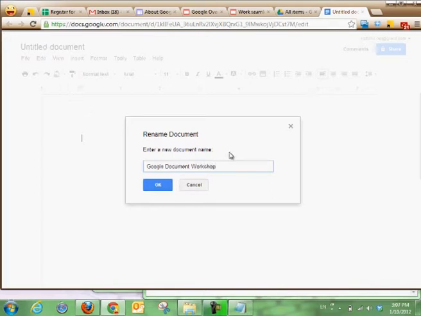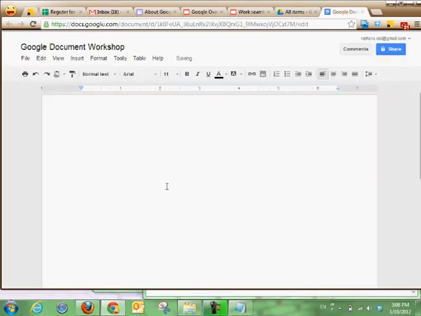What we will do today is create a personal document for myself, to note down what we learned, like what is Google Docs, what features it has, and possible uses of Google Docs for your own personal use and for your work. So just title it Google Document Workshop, and then click OK, and then the title will be done. Okay, so you can just type in what you want to take note of. For me, I want to